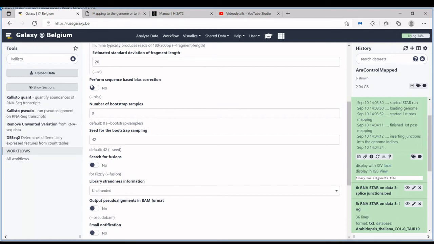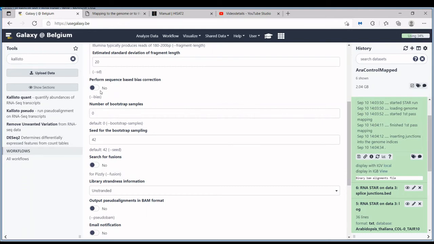When they count, they can take into account differences in GC content between different transcripts. Transcripts that are very rich in GC will have fewer reads, because GC-rich regions are very hard to sequence. So Kallisto can take that into account, and Salmon also. So that's what this parameter is about.